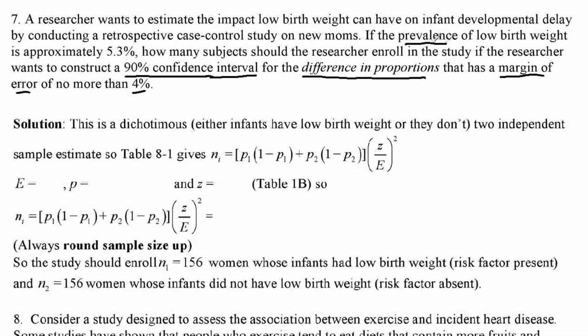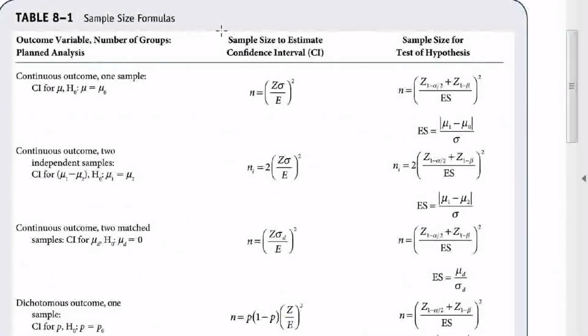So, our prevalence was given at 5.3%. First of all, this is a dichotomous outcome. Either your infants have low birth weight or they don't. Either they have that risk factor or they do not have the risk factor. And even developmental delay: either they have it or they do not have it. So it's a dichotomous outcome. So we go back to table 8.1, and we are looking at sample size for confidence intervals. We now have a dichotomous outcome,